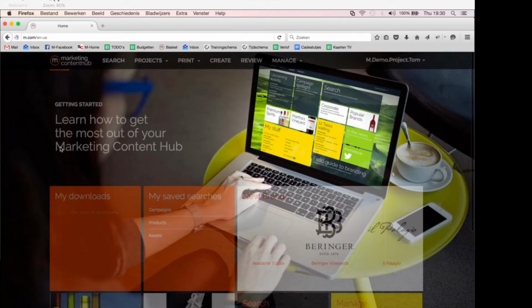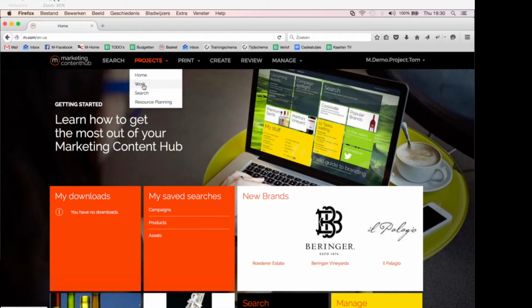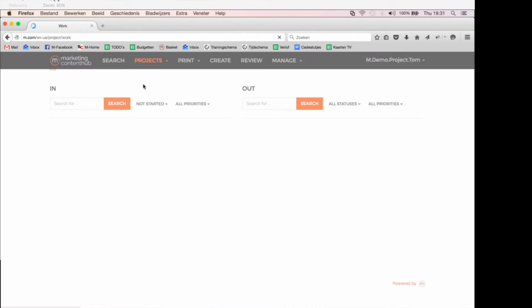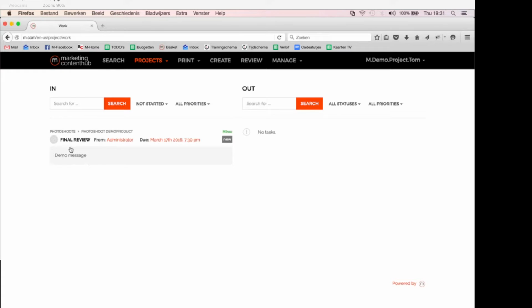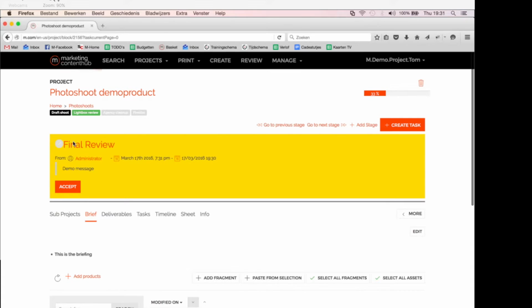I will also go to the work area to see the tasks for Tom. We see we have a final review task. If I open the task, I again can click accept. And just for you to see, from a project manager point of view, before I click accept, I will quickly